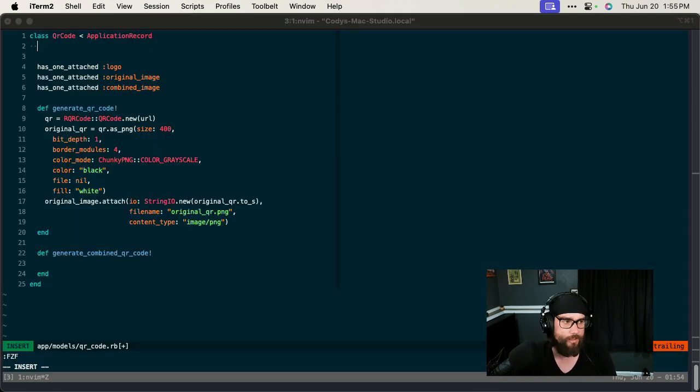So now that we've added the image processing gem, because we're calling everything here in the context of our model, we need to require the MiniMagick gem at the top of the file here. So we can add